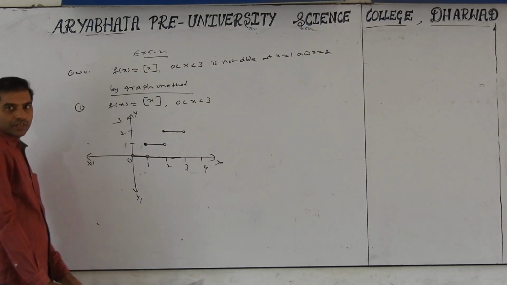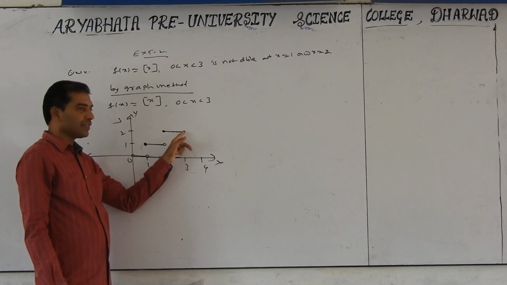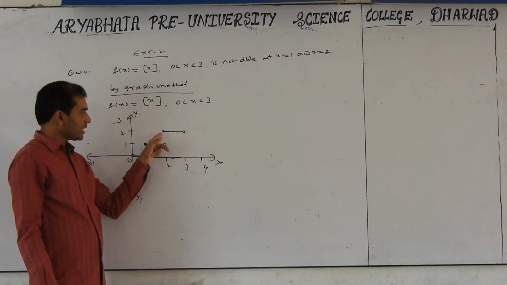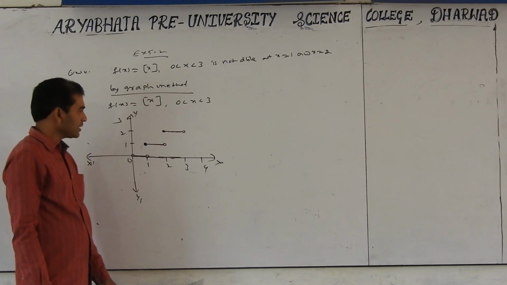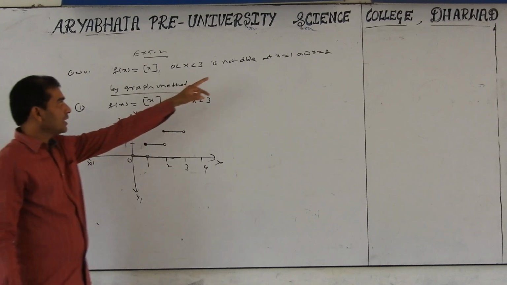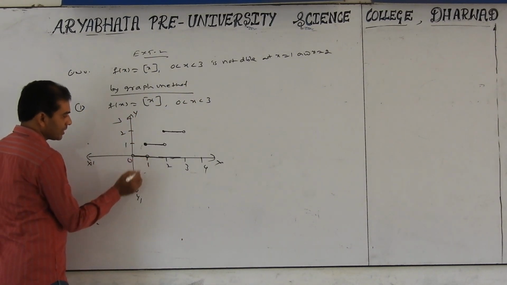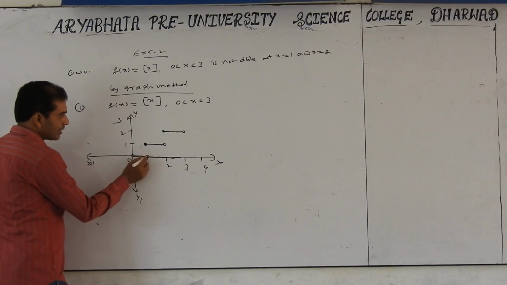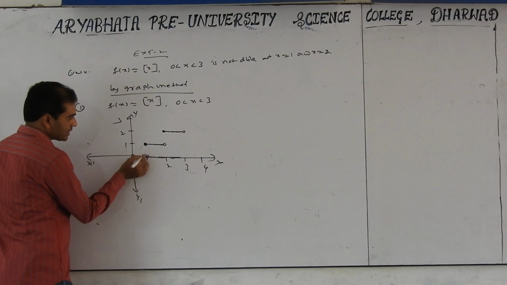Now here 3 is not in the domain, that's why it is not shaded in the circle. If shaded, it means closed. If not shaded, the circle is open. Yes? In this, the question is at x equal to 1. At x equal to 1, see this is 1. At x equal to 1, write 1. Here is different from the left side. Here a tangent exists.